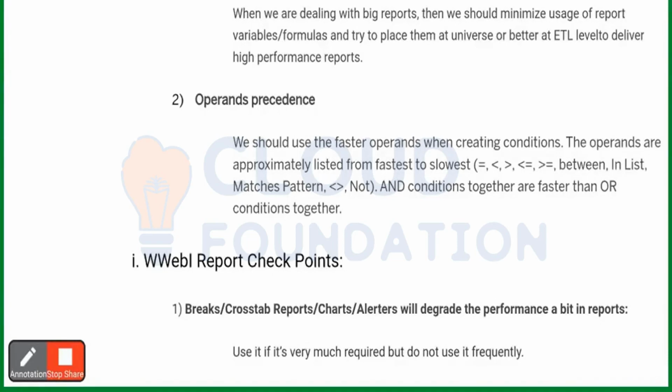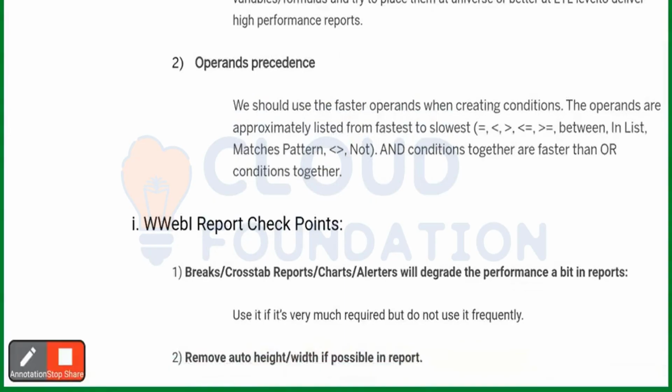The operators are approximately listed from fastest to slowest. If you see here, this is the order of operators from fast to slow. Equal to is the fastest operator, less than is the second fastest, and greater than is the third fastest. The order is: equal to, less than, greater than, less than or equal to, greater than or equal to, between, in list, matches pattern, not equal to, not. If you are using the equal to operator in most of the conditions, it will not impact